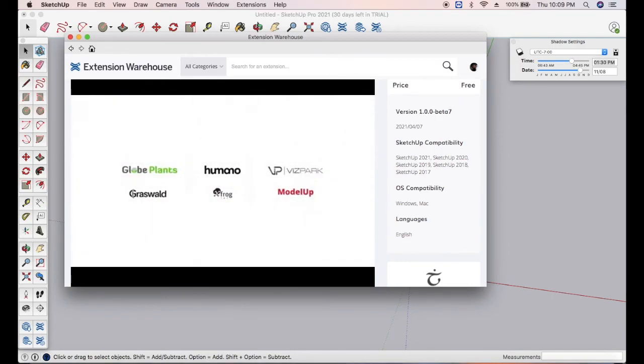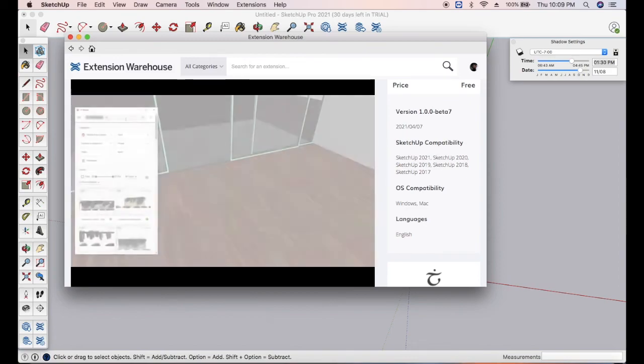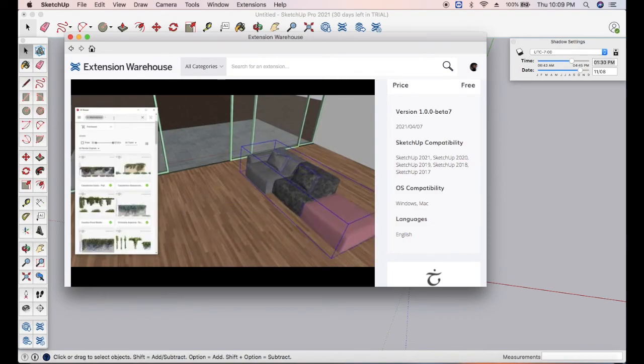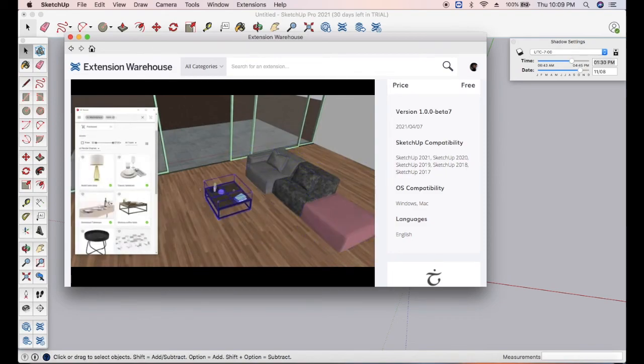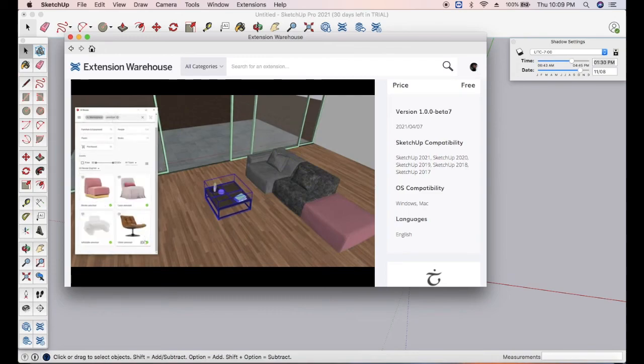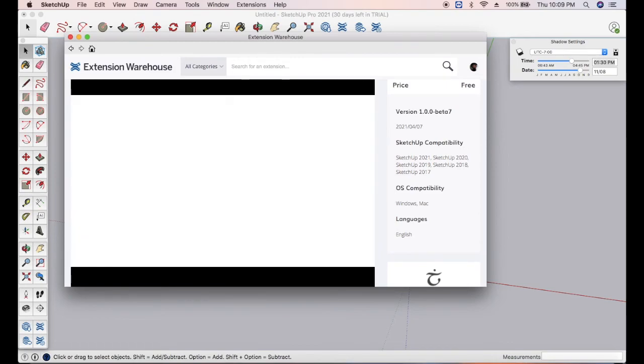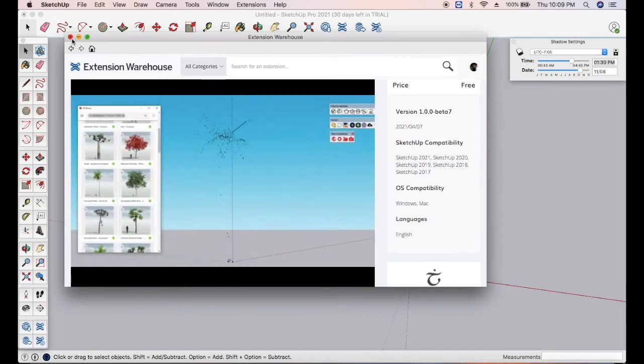Everything is present in the Extension Warehouse. So instead of making it yourself, to give it a real scenario you can download and install it and take different types of furniture to give it a real look. So it is basically required for interior designing, right? It is not required for solar, but for interior designing you can show it and give it a real look.